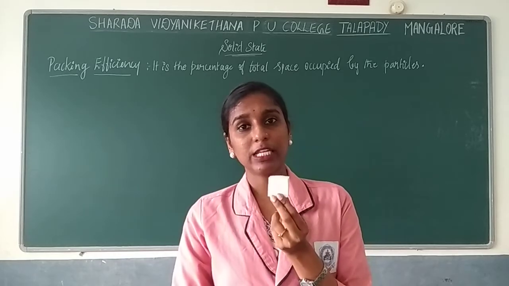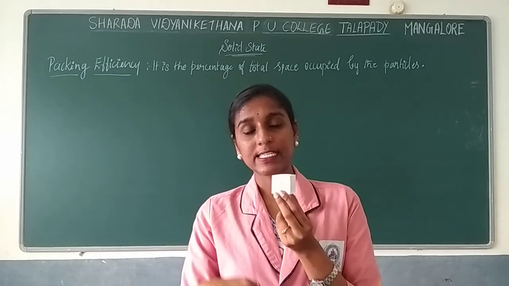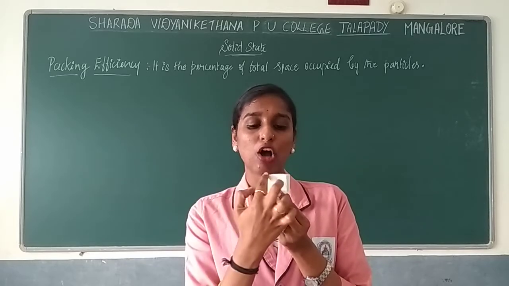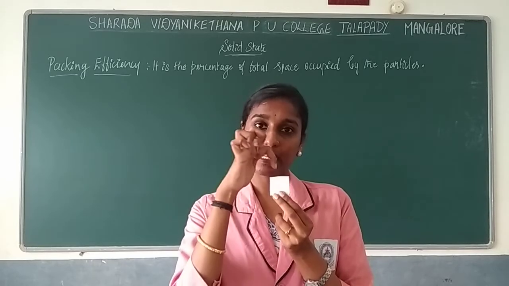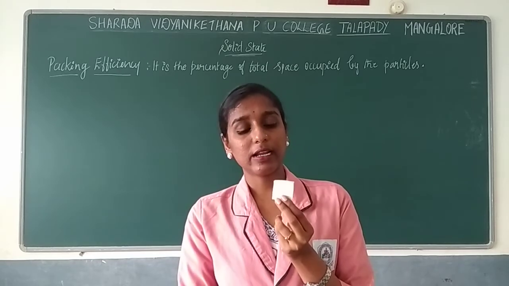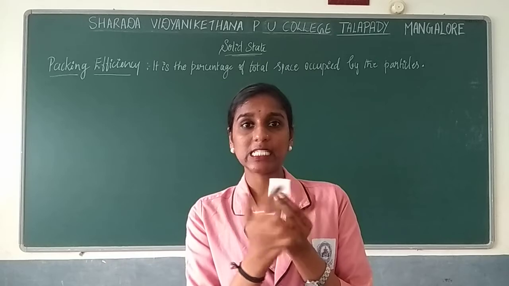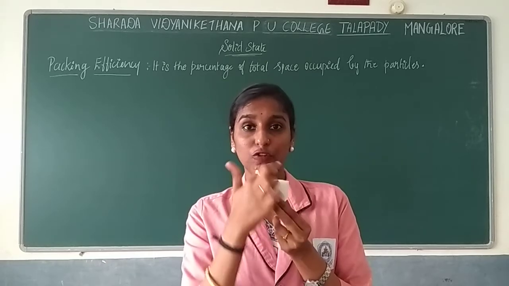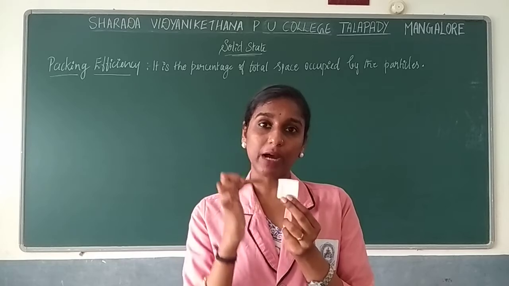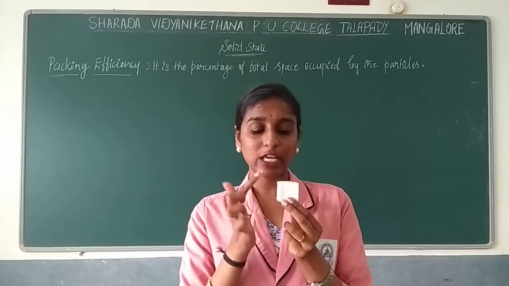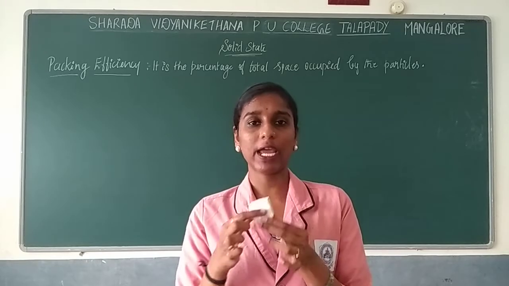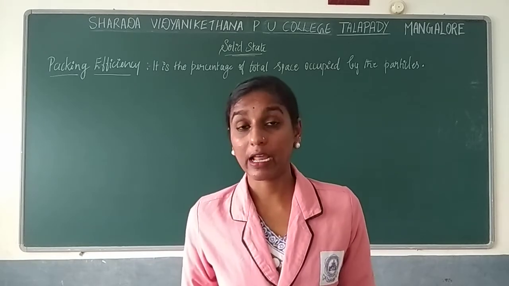Centered unit cell has been divided as body centered unit cell as well as face centered and end centered. Body centered in the sense along with the corners the particle will be present at the center of the body. Face centered in the sense along with the corner particles the particle will be present in each face. End centered in the sense along with the corner particles the particle will be present on any two opposite sides. So that will be nothing but end centered.